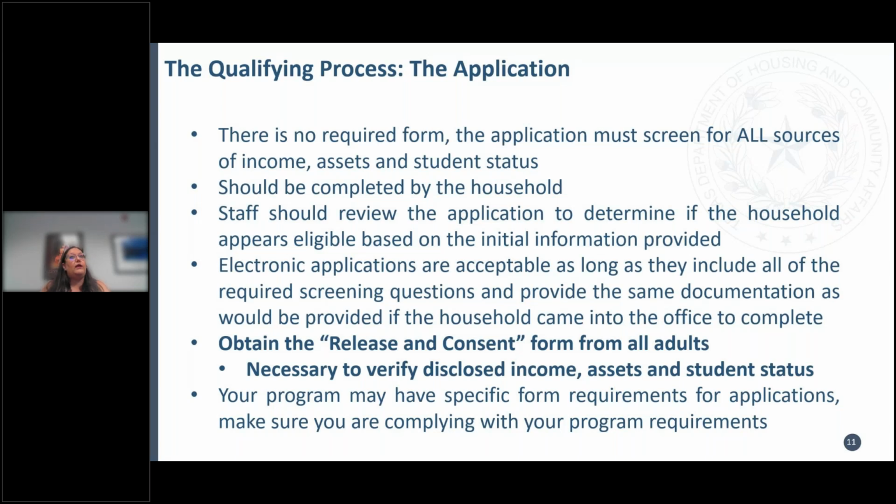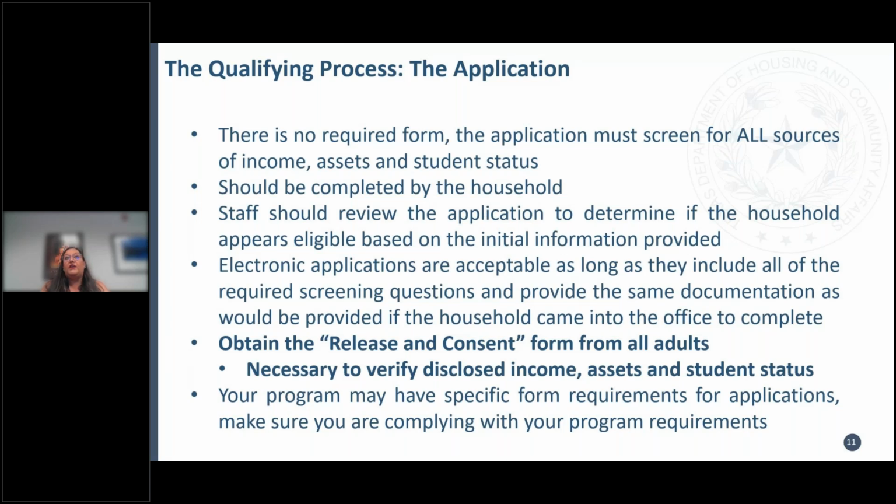the form and how they got the information. If staff is completing it, they need to ask each question as if the person were filling it out themselves, and there should be no evidence of steering or perfecting. Staff should review the application with the household to determine if the household appears eligible on the initial information